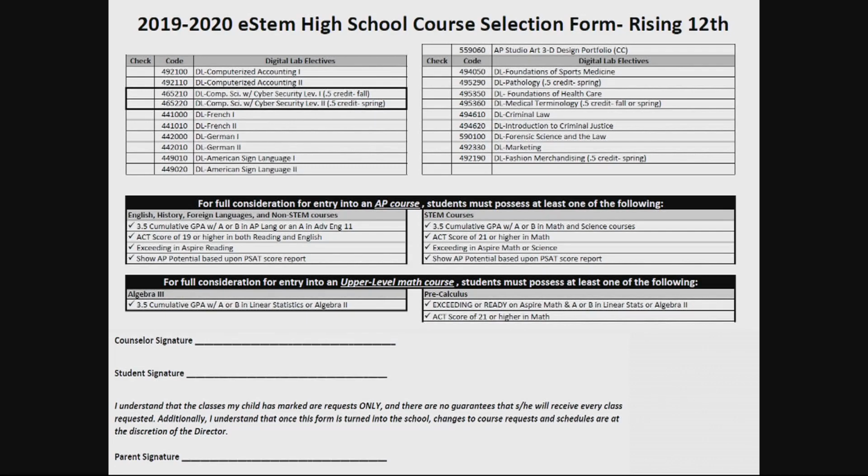It is not uncommon for these digital lab classes to be modified or canceled. Therefore, please understand that if you mark one of these classes, there's a possibility that the class may not make, and you will be enrolled in another course. Due to the nature of digital lab courses, it is imperative that students who select these classes be self-motivated and strong, independent workers as they won't have access to a live teacher. If you choose a half-credit course, make sure that you take another half-credit course to have a full credit.